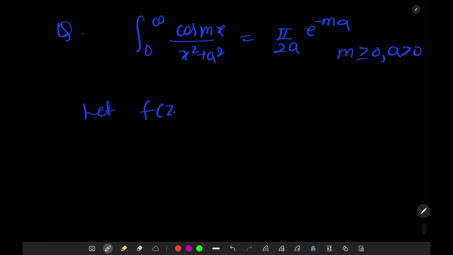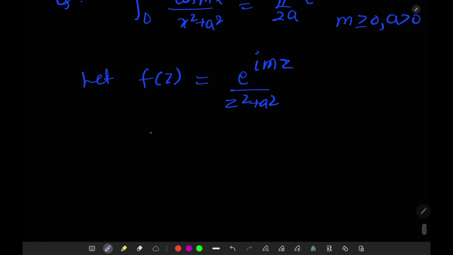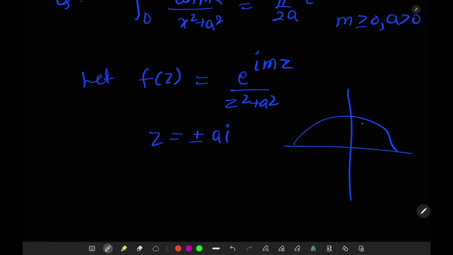Let f(z) equal e raised to power iota mz divided by z square plus a square. For cos and sine terms, we use the exponential form for solving this type of integral. Here poles are plus minus iota a and their diagram is this,